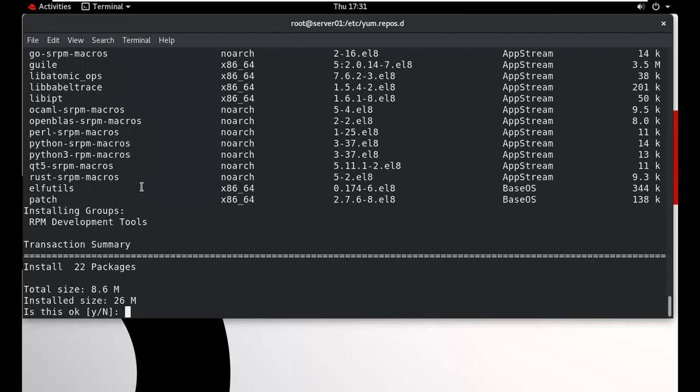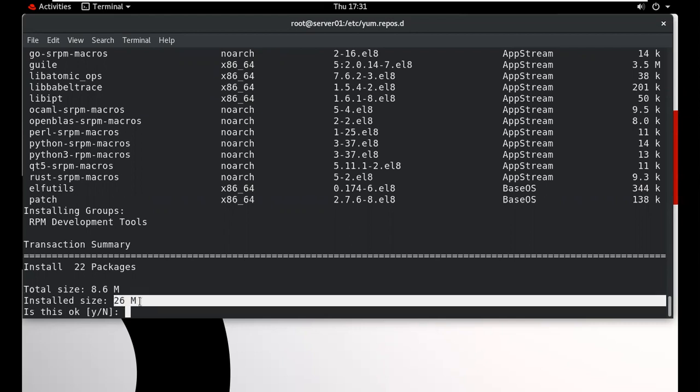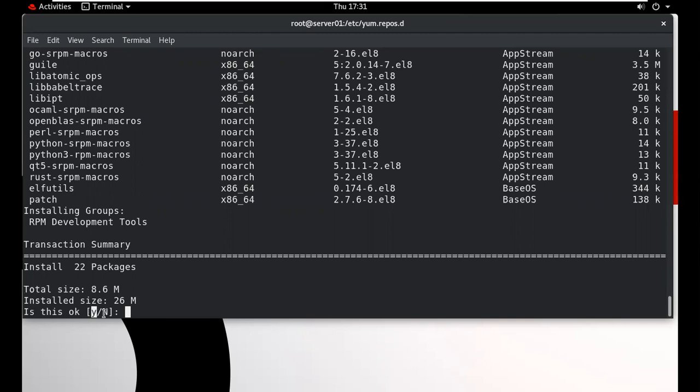Now you can check how many packages are available in this particular group. There are 22 packages, and it will take 26 MB. When we type yes, it will install. When we type no, it will not install.